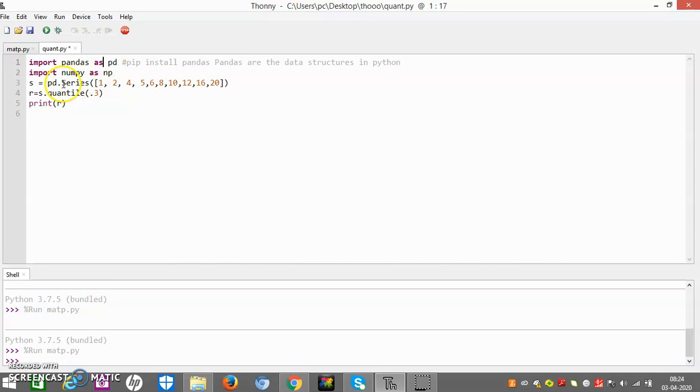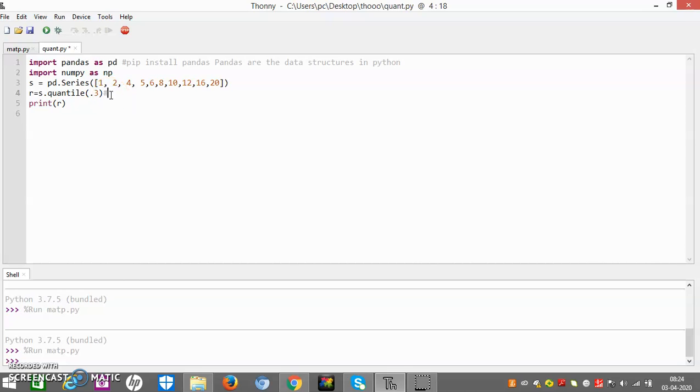Now I have taken a series. What is a series? A sequence of numbers that we are given is known as a series in Python. This is the same as in mathematics. Now what is a quantile? We have discussed that with a quantile of 30%, 30% of the values fall below it. So I have taken 0.3.